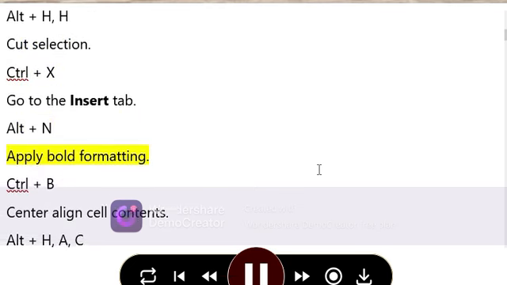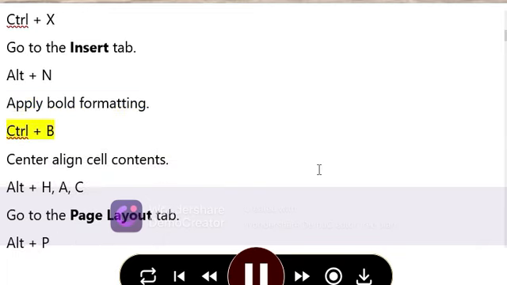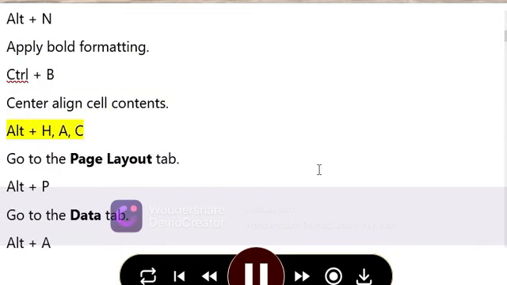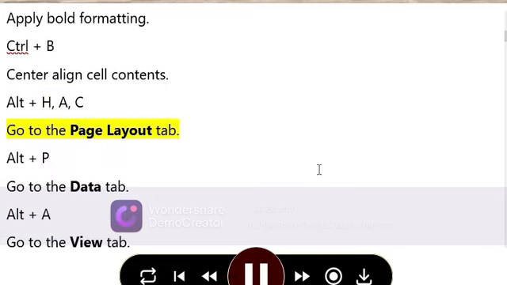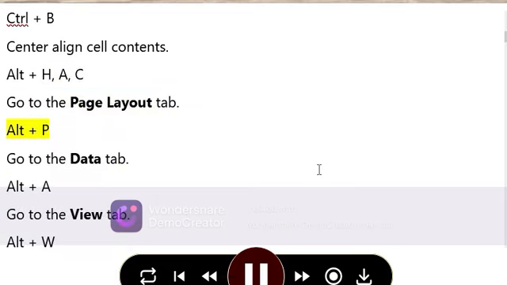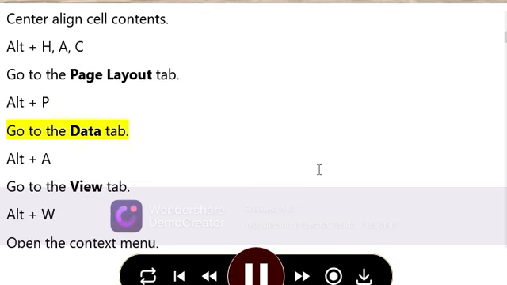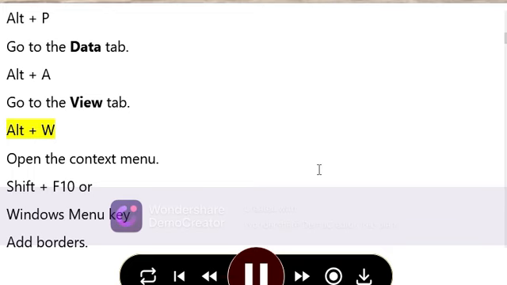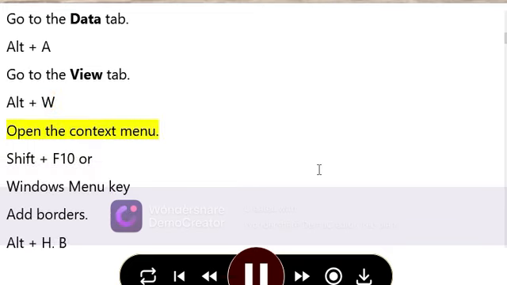Apply bold formatting, Ctrl plus B. Center align cell contents, Alt plus H, then A, C. Go to the Page Layout tab, Alt plus P. Go to the Data tab, Alt plus A. Go to the View tab, Alt plus W. Open the context menu, Shift plus F10,